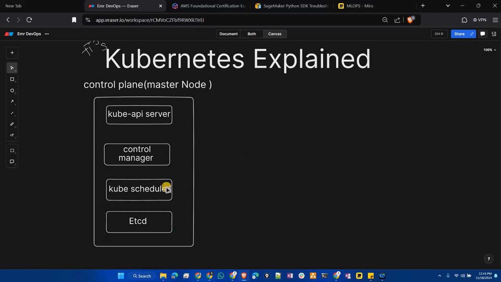So what will the scheduler do? This scheduler will decide where the pod needs to run, on which node, according to the resource availability and the policy. So it always fetches a specification from the API server, and it will run the pod on the appropriate node. So that means